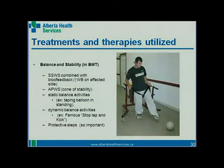So again, in the bungee, balance and stability, we did a lot of this. We do a lot of side-to-side weight shift in order to bring the client back on his hemiplegic, hemiparesis side. We do it combined with the biofeedback, with what the previous presenter showed you, the pressure sensor. So we force going over the hemiparesis side. We also work on antero-posterior weight shift, going back and forward and back in order to work on the cone of stability for balance. We do static balance activity like tapping the...